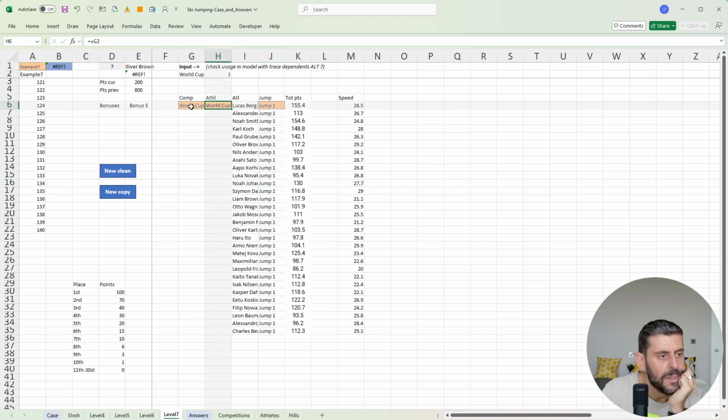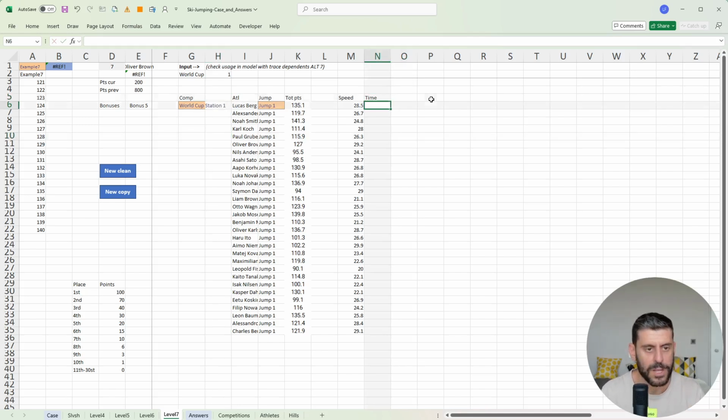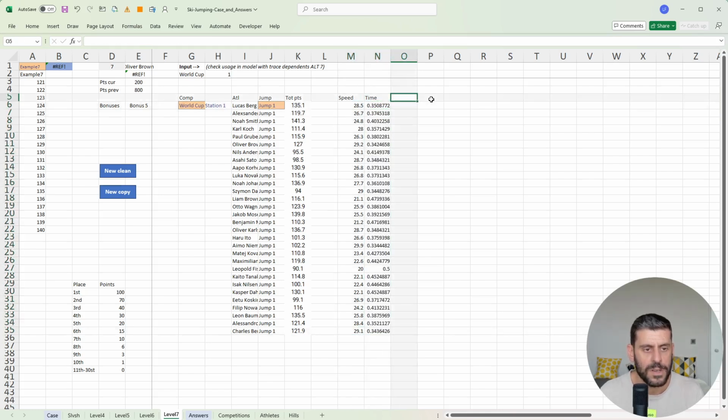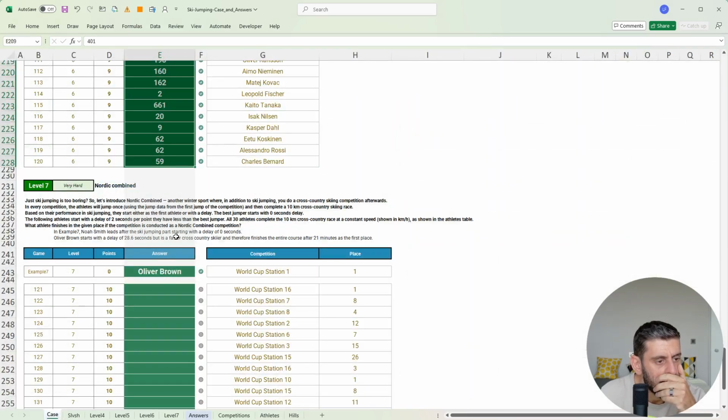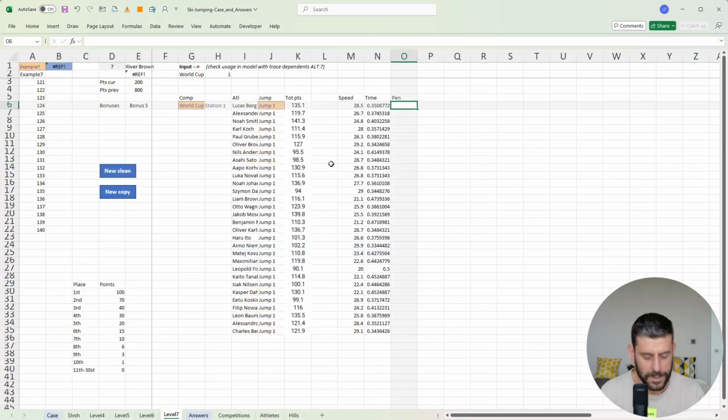Okay. This I need to link. Don't need this. So the time is actually 10 kilometers divided by the speed. So this is in hours. Penalty is... Oliver Brown starts with a delay of 28.6 seconds. So delay, it's